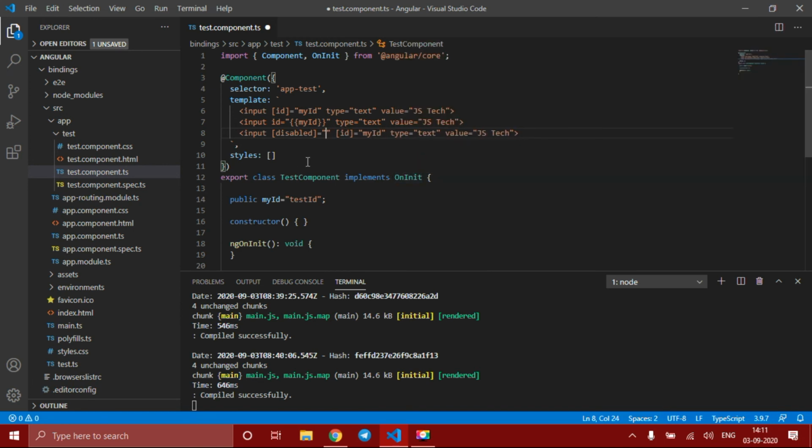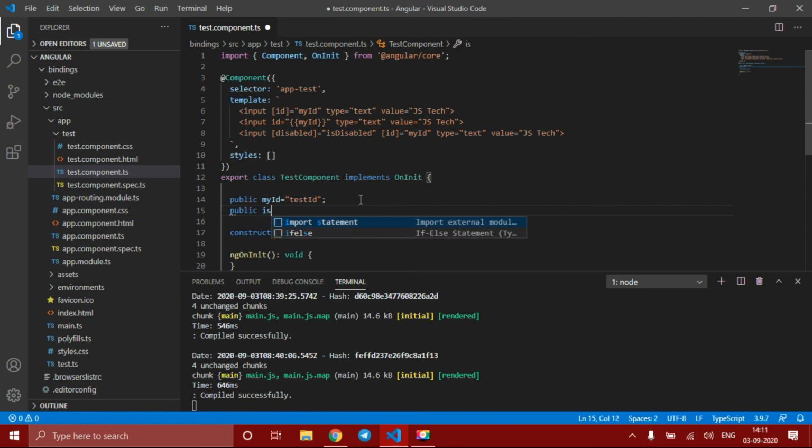I don't want to change true and false in the template. I want to create a property and link it. So my property name is isDisabled. I want to create a property isDisabled and give that value here. So give it public isDisabled.